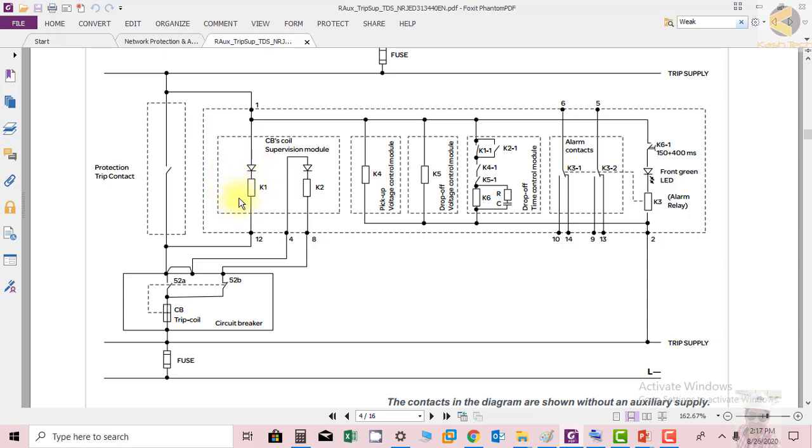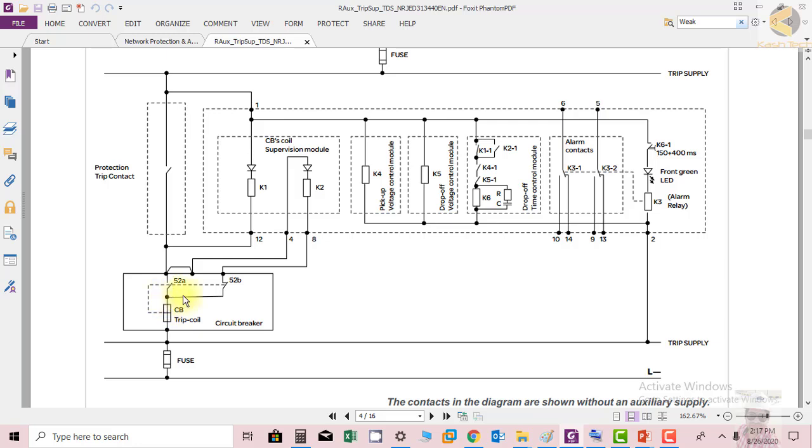So you can see easily that supervision of the coil is done through K1. So here you can see that this coil is supervised by K1, and if the breaker is in open position,